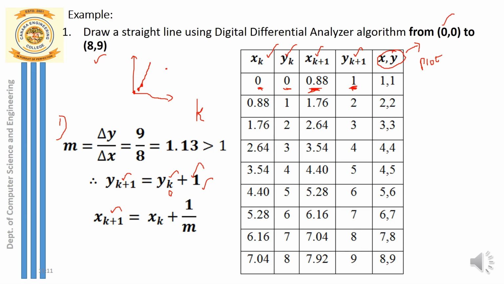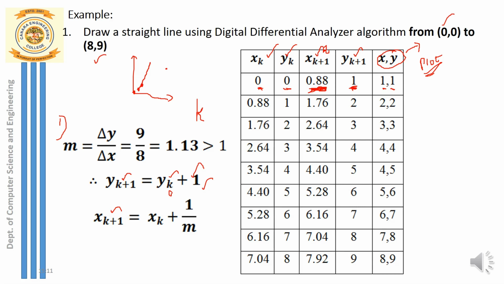But is it plot ready? Is it ready for us to plot the point now? No. So in order to plot the point, let's take one more step. Let's round off this x coordinate. So let's apply the round off function to the x coordinate. Let's round it off to 1, so let's go for ceiling. So 0.88 can be rounded up to 1. So 1 comma 1 is the point that we are going to use for plotting the line segment. So my next point to plot is not 0.88 comma 1, it is 1 comma 1. That would be my next point.